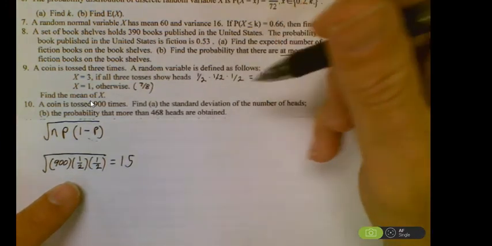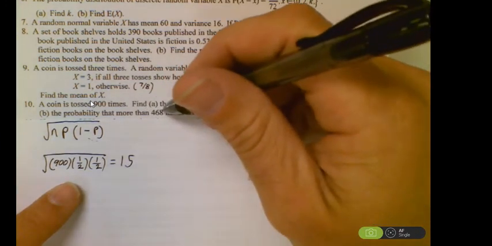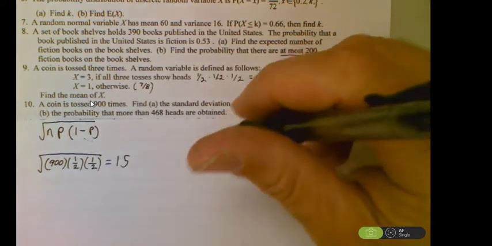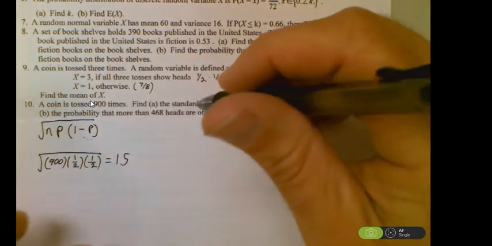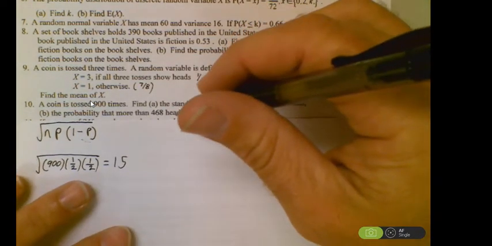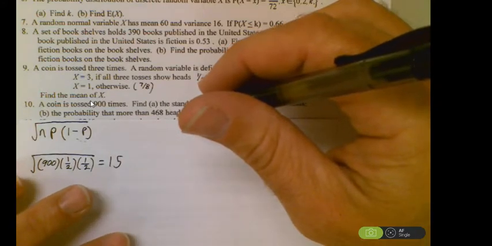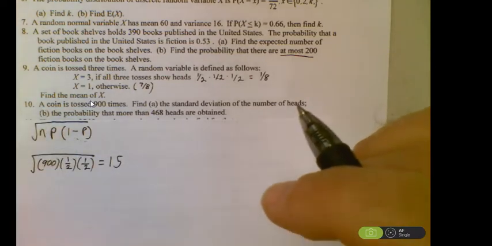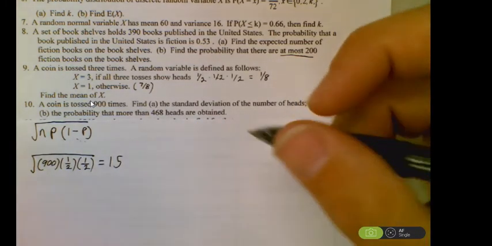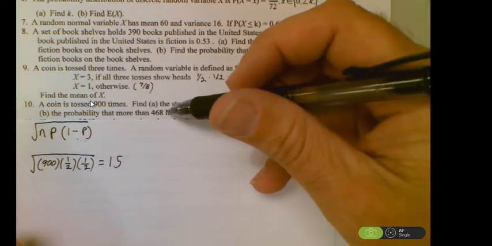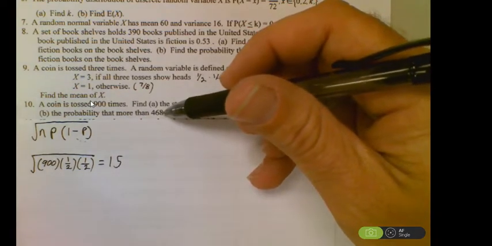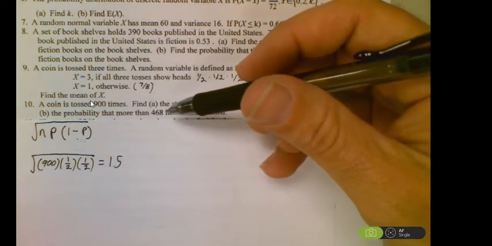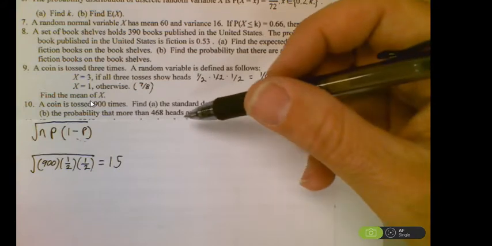So going down to part B, now it says more than 468 heads were obtained. So in this case, more than 468. To do ones like this with the binomial feature that we used, the cumulative feature always goes from 0 up to whatever we're putting in there. So if I go from 0 to 468, that's going to give me basically everything that we don't want. And so then if I just subtract that answer from 1, that would leave me with everything that is more